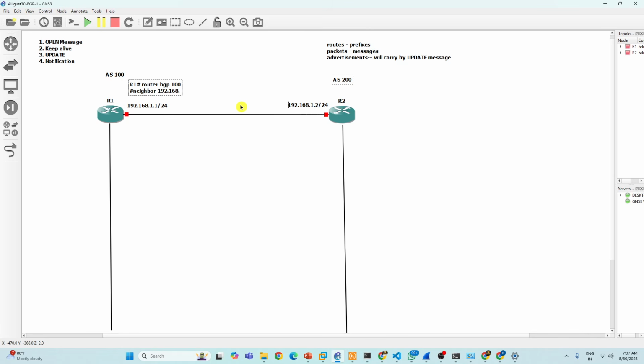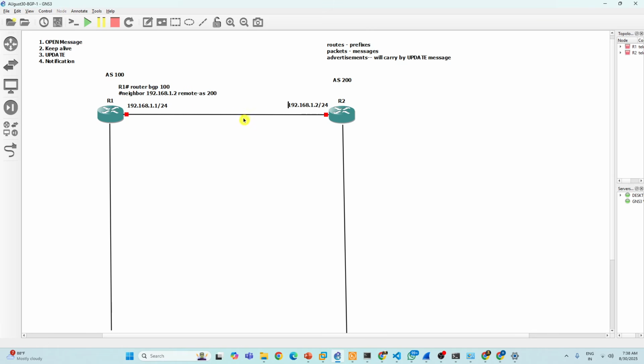You need to tell it, hey, you're my neighbor. This 1.2 belongs to which AS? Remote AS is 200. That's it. Simple commands. Anything missing here? This is the configuration you must do on the device.